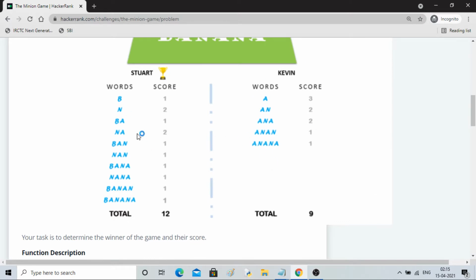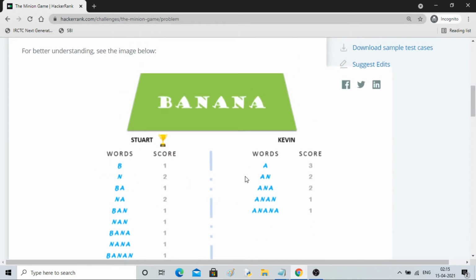Then in the second part we have to calculate their score, and then in the third part, based upon their score, I will decide whether the winner is Stuart or Kevin.